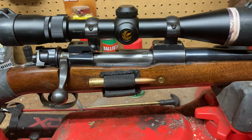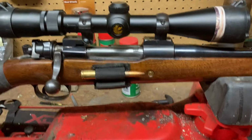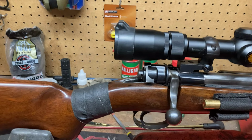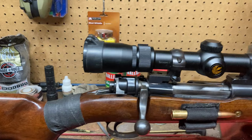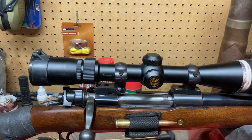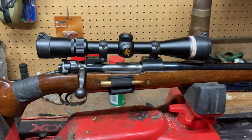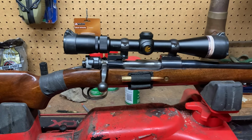So was it worth $200? Yes. Do I think somebody would buy it for $200 if I wanted to sell it? It depends on the person, right? There's a lot of good options out there. Newer guns that are probably going to be a little more accurate out of the box and just be newer, a little bit cooler, have a detachable magazine and that sort of thing. But if you're into something a little more classic, something old, something functional, fun, and pretty cool,